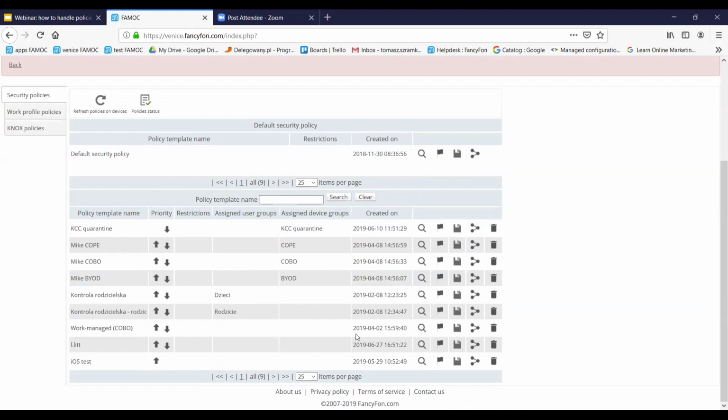Because as you can see, the policies that were merged are automatically disappearing from the list. So if I would just merge one policy with another template, the second template would lose its security. The second group would lose its security policy. So I would have to copy everything manually, by myself, and of course that would give me more work to do. So this is how I created this duplicate,